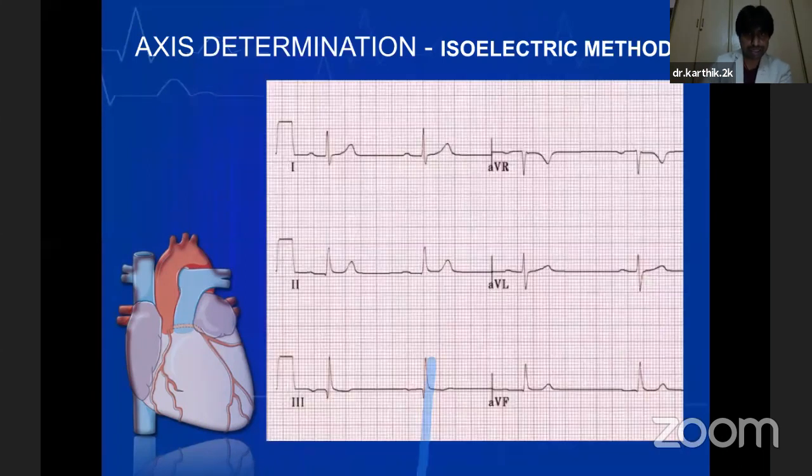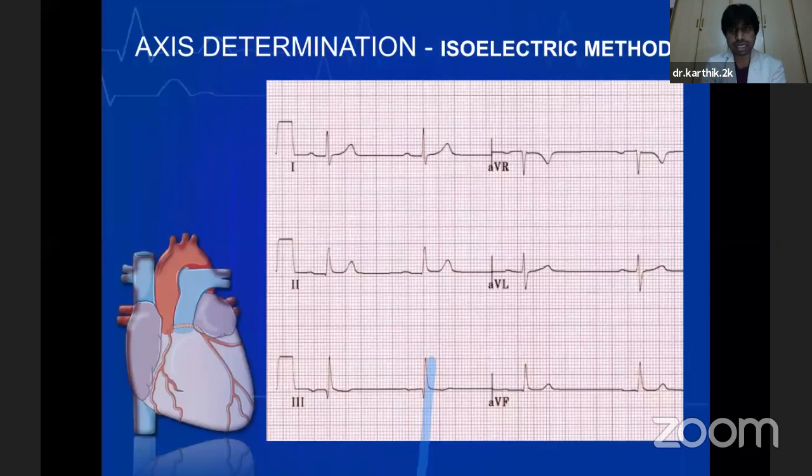You would be able to understand these things better if I show you the illustrations here. So in this ECG, you can use two techniques. You can use lead 1 and lead AVF, and you can naturally determine the axis. You can see that in lead 1, the R wave is positive, the net QRS is positive. That is, the height of the R wave is more than the depth of the S wave, so the net QRS is positive. In lead AVF also, it is predominantly positive. So at a glance, by the first method, I know that the axis is normal. It is between 0 to 90 degrees.